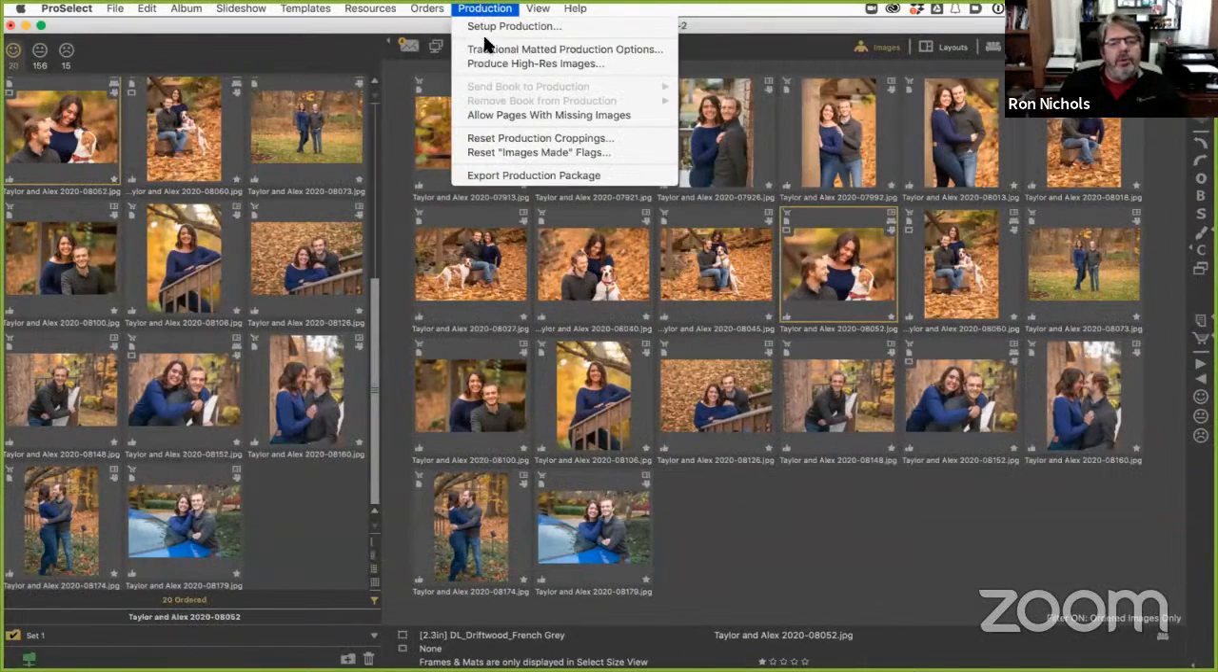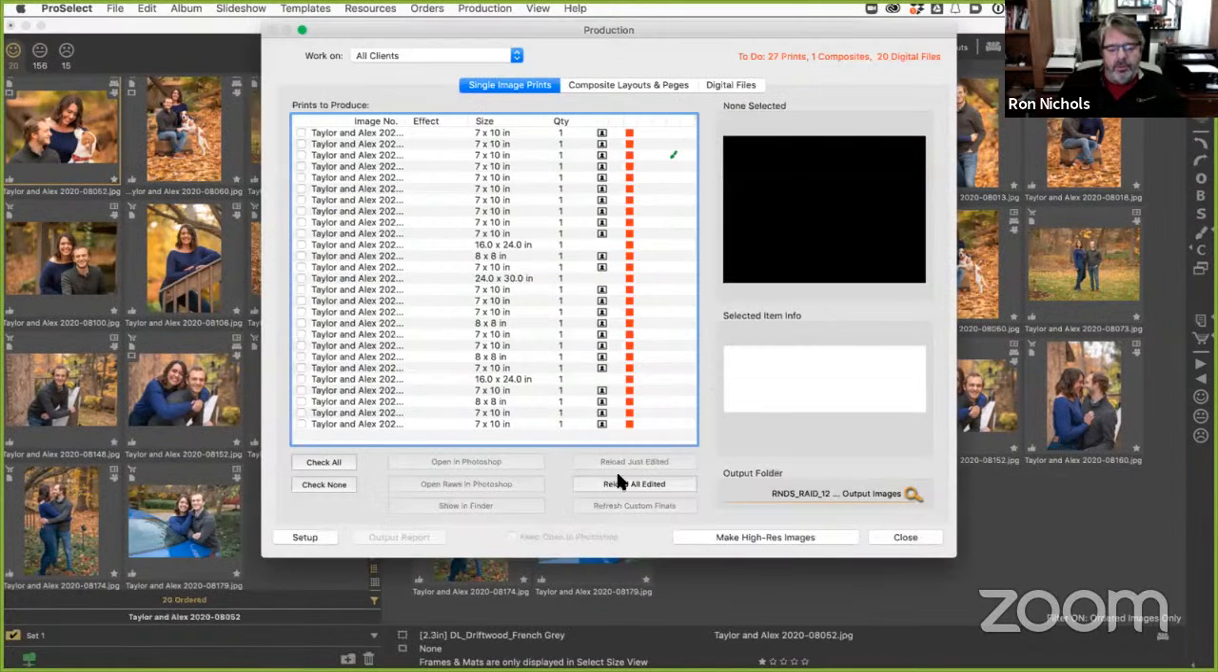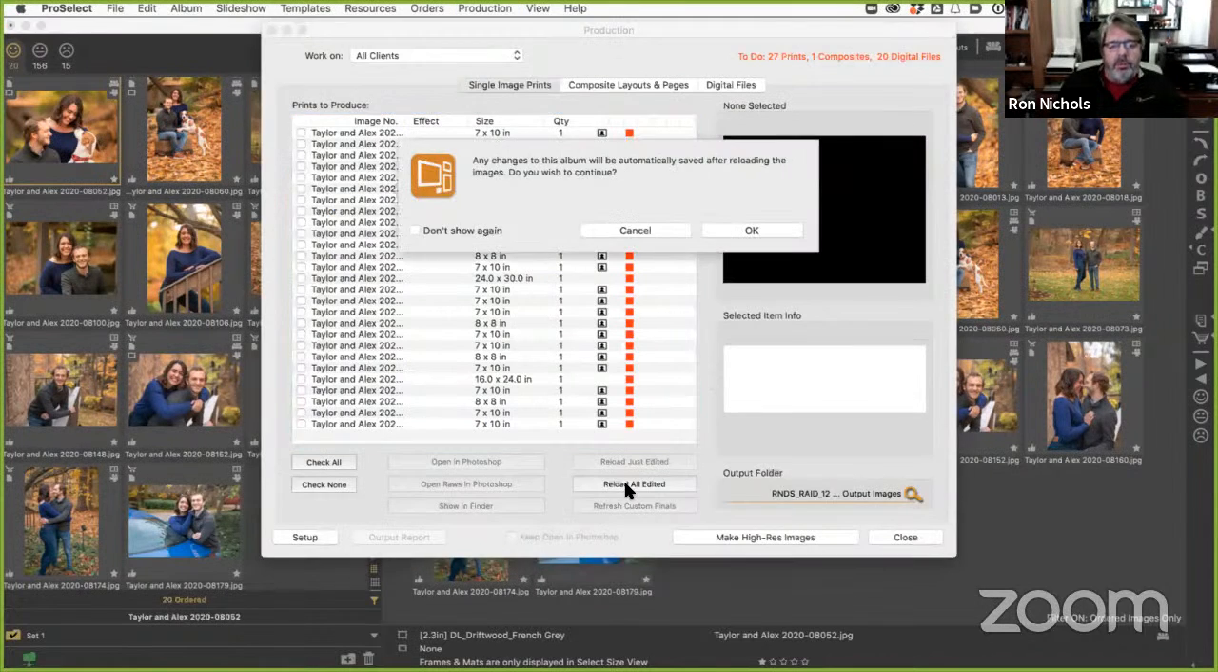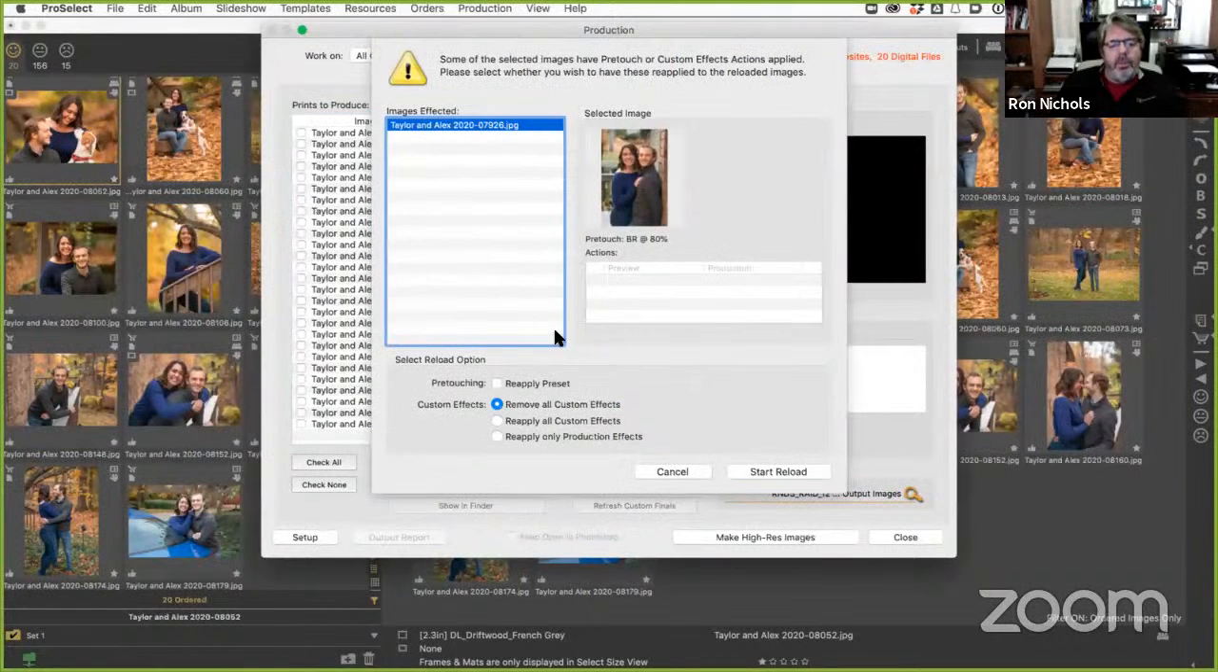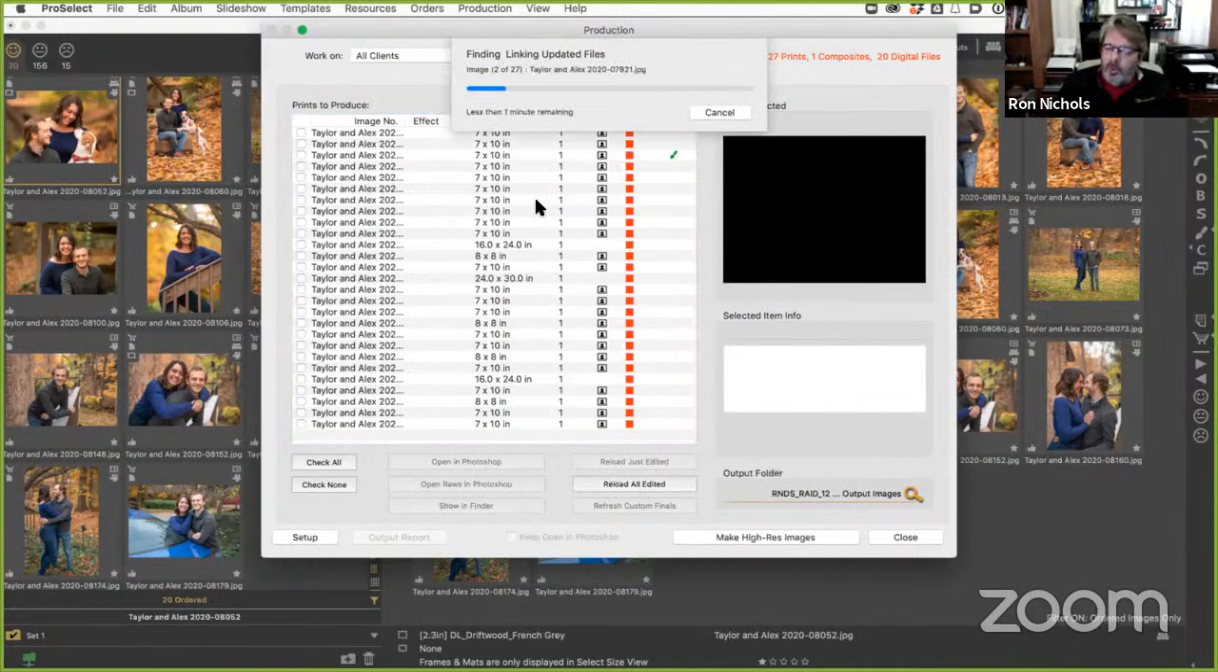So now what I have to do is go back into my production, produce high-res images, and tell it to relink and reload all edited images. In this case, it told me, well, you applied pre-touching. Do you want to apply that pre-touching when it's run through production? I'm going to tell it to remove it because I already did the full retouching on the images, or my retoucher did it. I know I'm going fast, but we either would outsource those images and drop them back in, or open them up in Photoshop, retouch them, and save them as a PSD or TIFF file. So now it's going through and relinking everything to all of these final files that are ready to